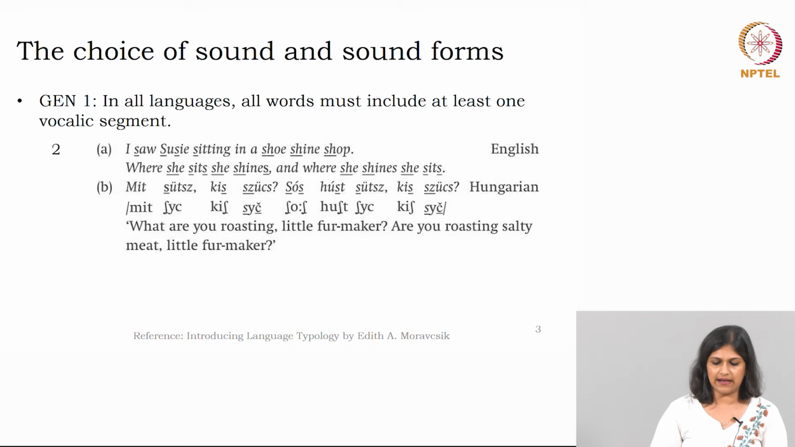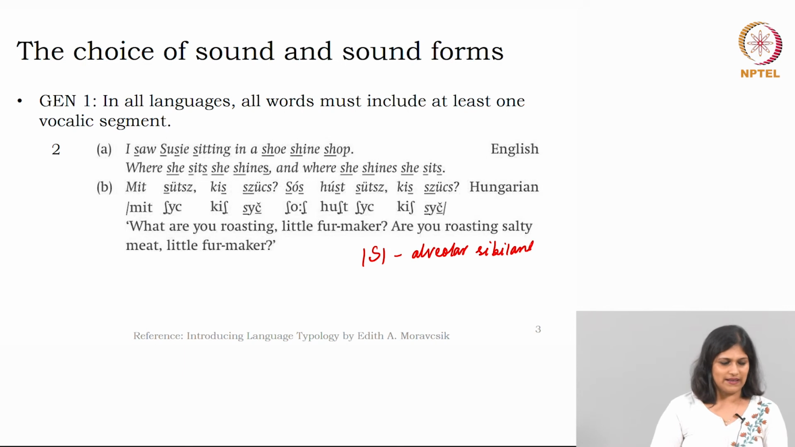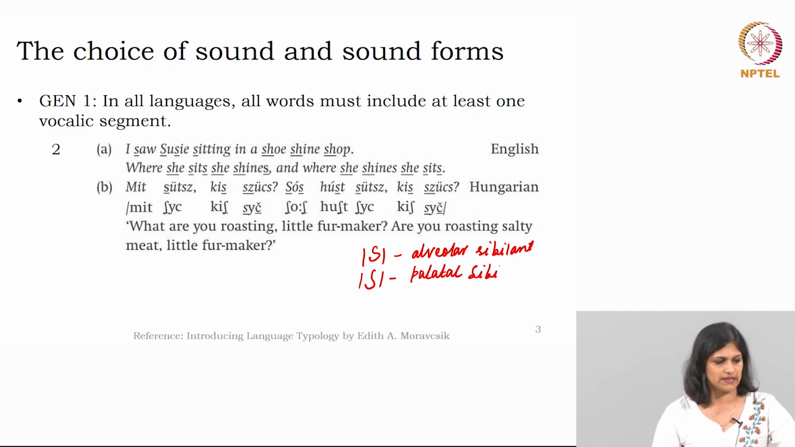One of the most widely studied languages is English, and this says: I saw Suji sitting in a shoe shine shop, where in the second example, where she sits she signs, and where she signs she sits. So, these are tongue twisters. In an example like this, when you analyze the English data, look at this sound. This stands for alveolar sibilant